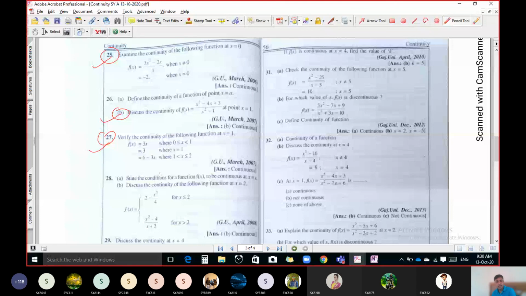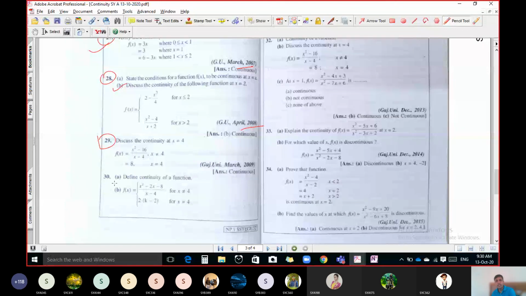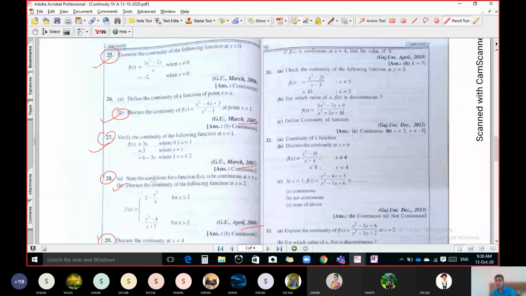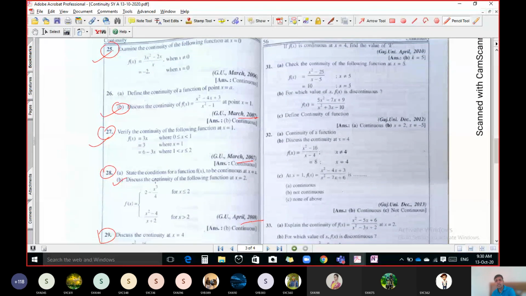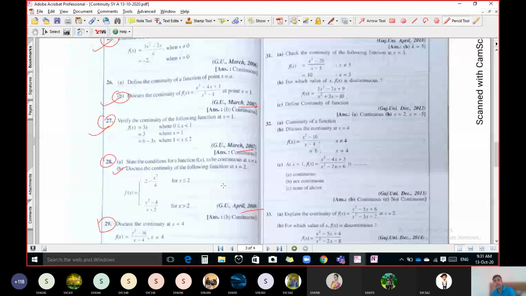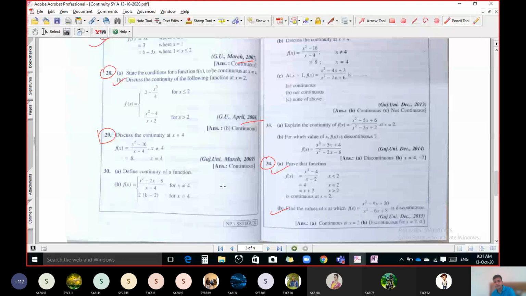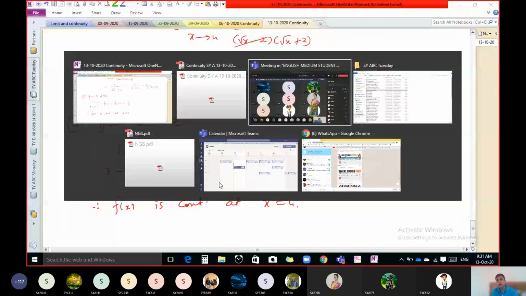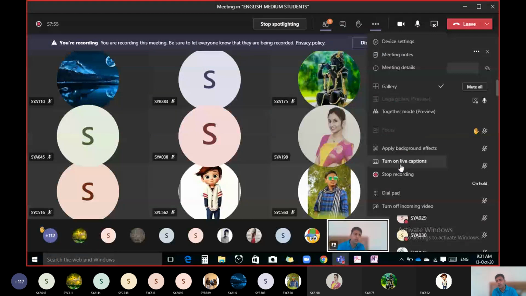29. We will discuss 30 in our next lecture. So I think it is enough for today. You can do this as homework and this one. Sir, 28 also? 28, yes, that is homework. 28 is also homework. Whatever I have circled is all homework, understand. The rest I will get you to solve in the next lecture. So this is enough for today. If any of you have any question, you can ask your doubt.